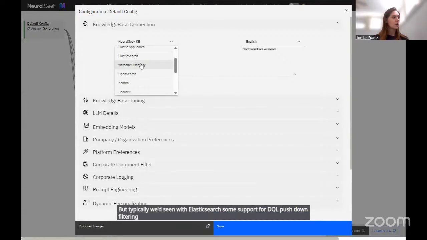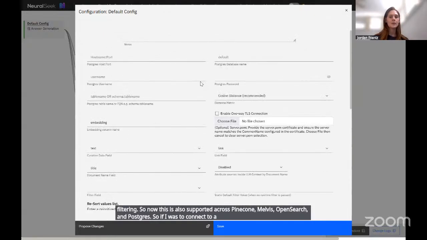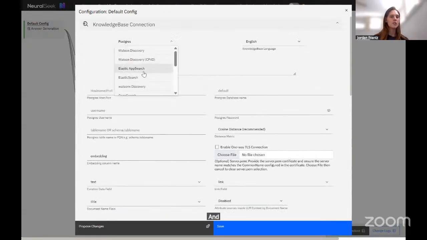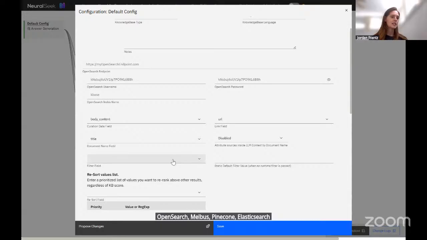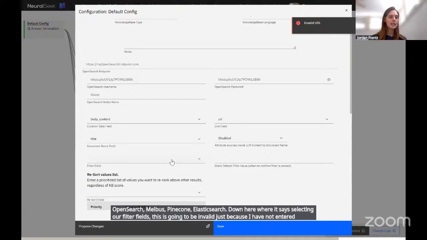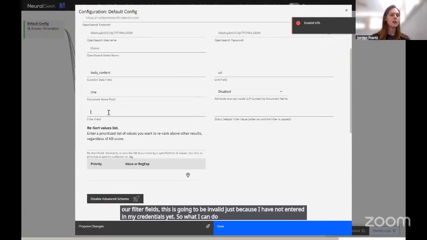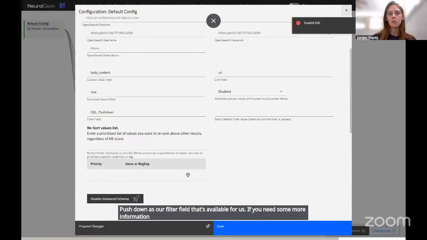So now this is also supported across Pinecone, Milvus, OpenSearch, and Postgres. So if I was to connect to a Postgres index or OpenSearch, Milvus, Pinecone, or Elasticsearch, down here where it says selecting our filter fields, this is going to be invalid just because I have not entered in my credentials yet. So what I can do instead is enable advanced schema, and we also support DQL pushdown as our filter field that's available for us. If you need some more information about DQL pushdown,